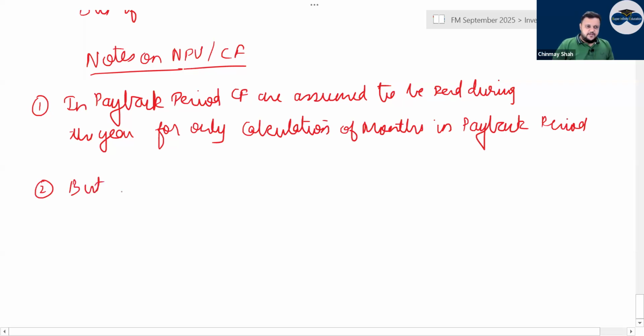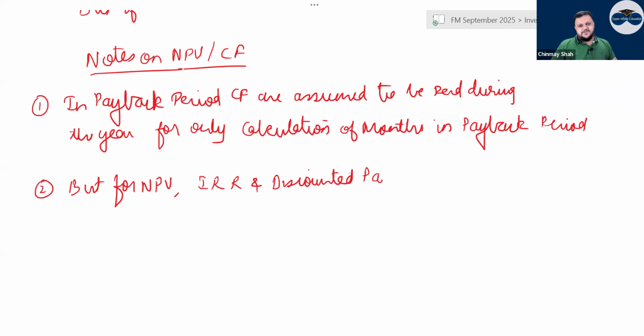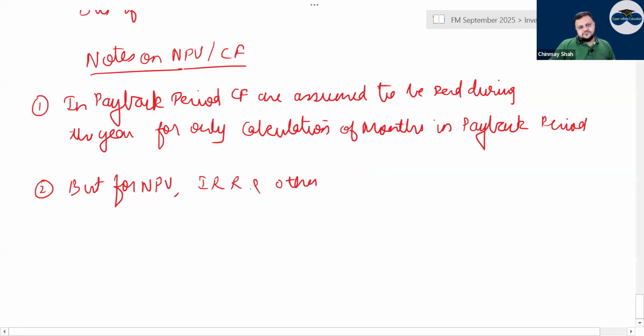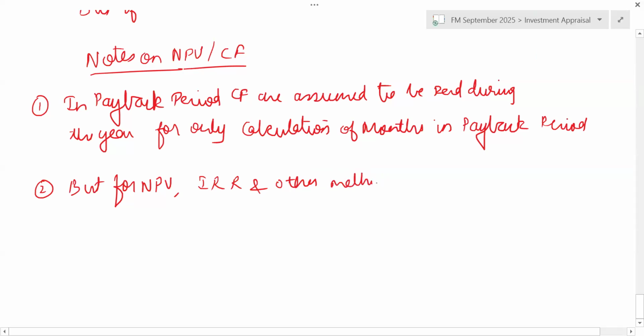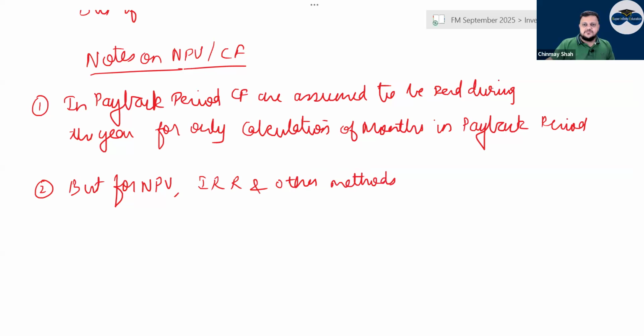But for NPV, IRR, and discounted payback, leave discounted payback for now. NPV and IRR and other methods. In payback period, cash flows are assumed to be received during the year. Other methods: